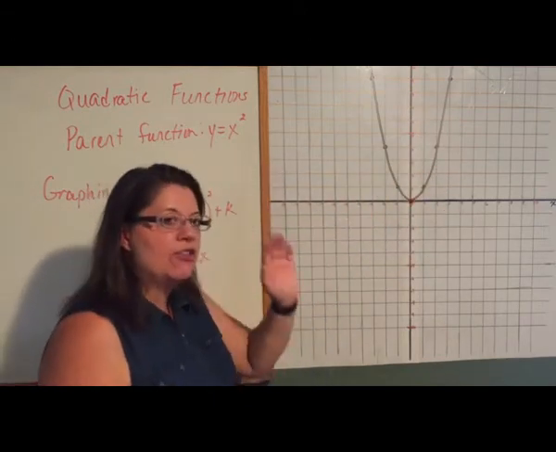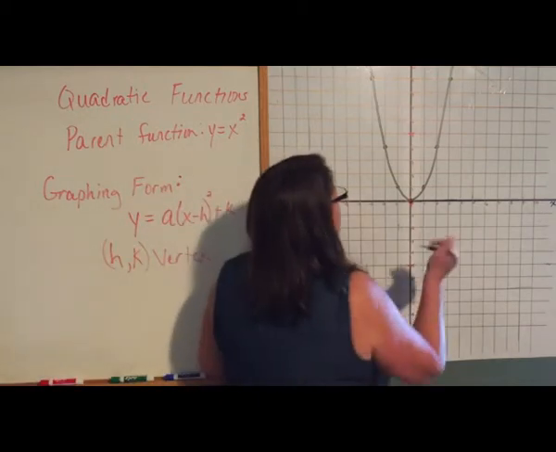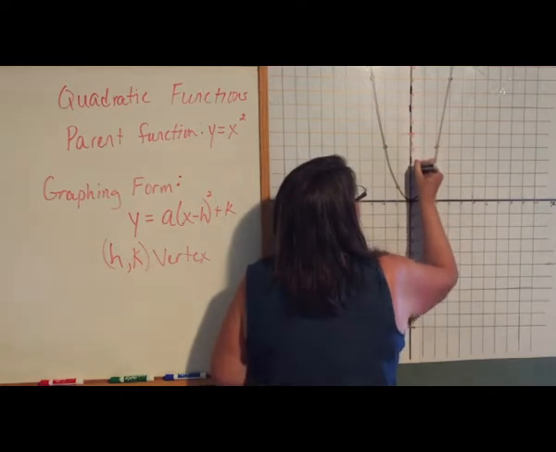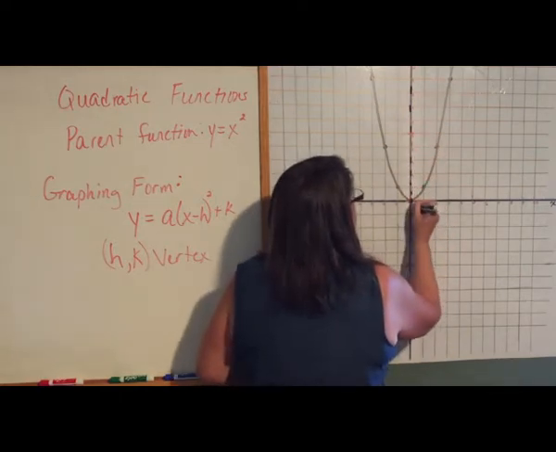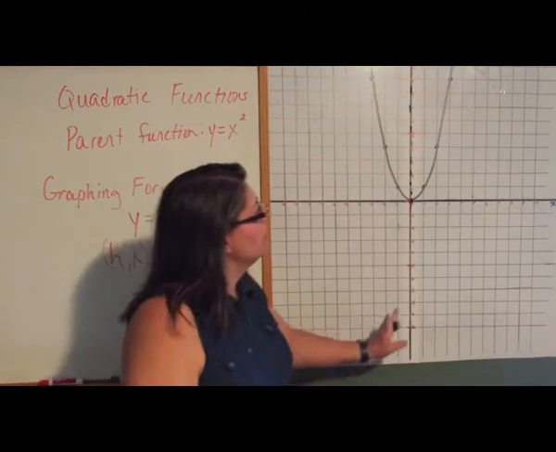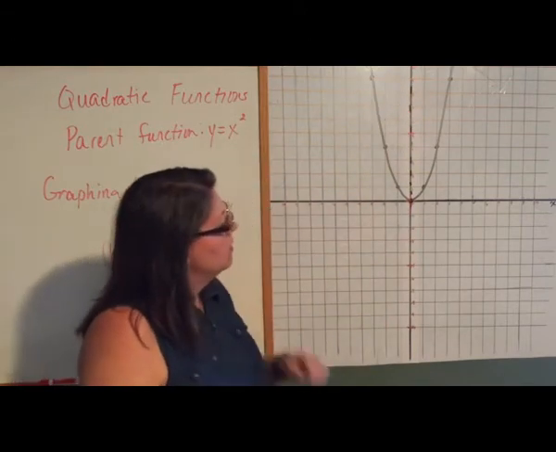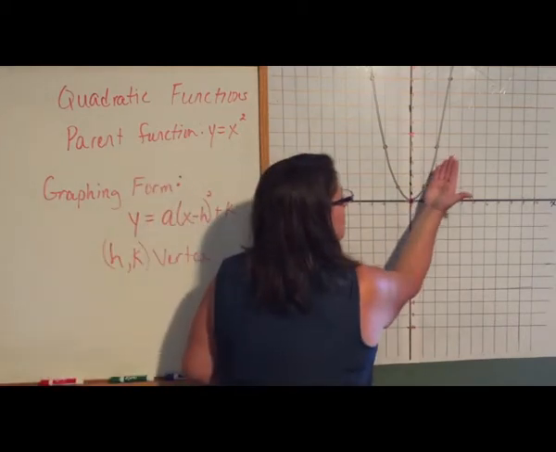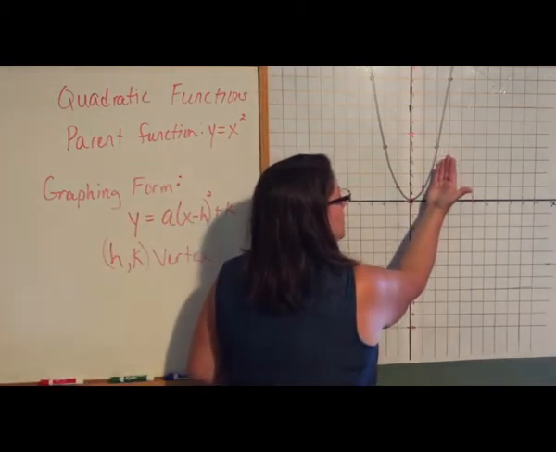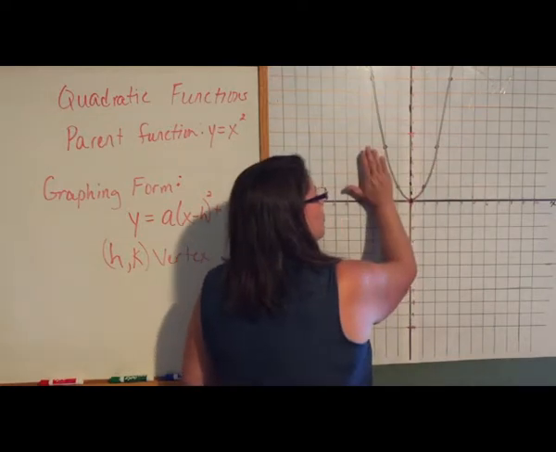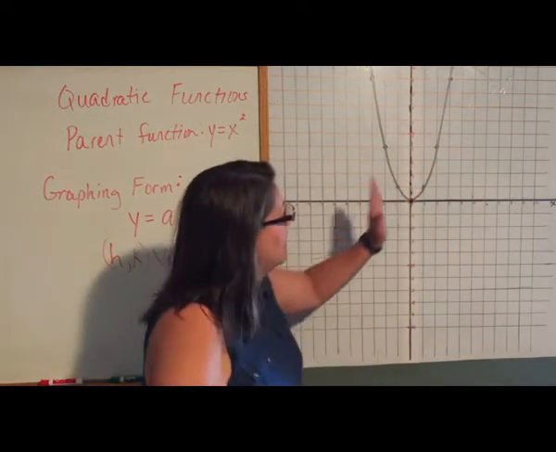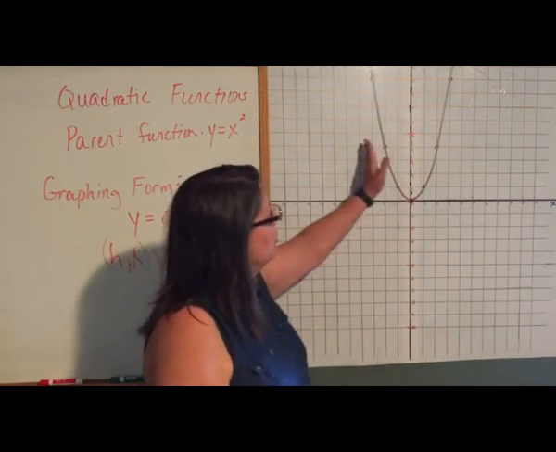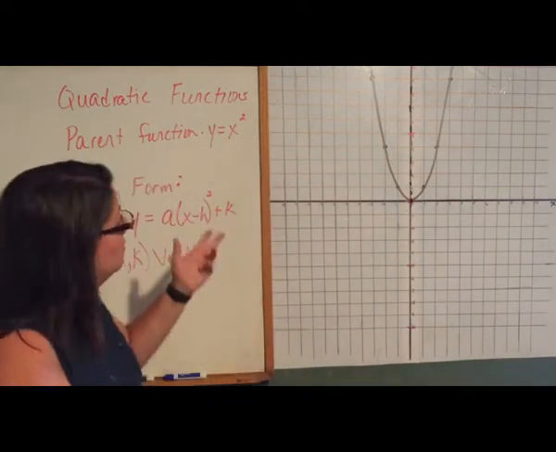And then we talked about how symmetry in the parent function, or really in any quadratic equation, there is an axis of symmetry that goes vertically through the vertex of your quadratic function, and that quadratic function is symmetrical to the other side. So as long as we have one side of the quadratic function and the vertex, we can use symmetry to graph the other side, or we could plug